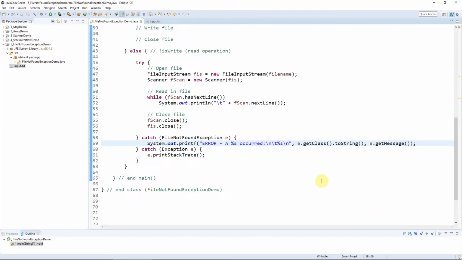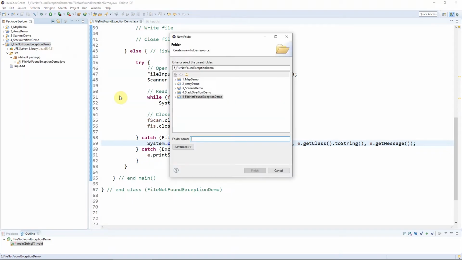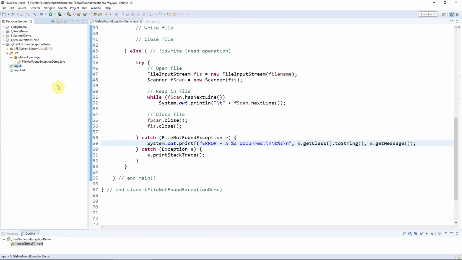Now let's try reading from a folder instead of a file. So obviously I can't open up a folder and start reading text in it, right? It just doesn't really make sense. So let's imagine that I had a program where I had a folder called input, and then I had put, really I want all my text files in there. Okay, so let's go ahead and add a new folder, and I'll call this something like input. Okay, so now if we go ahead and try to read that folder,